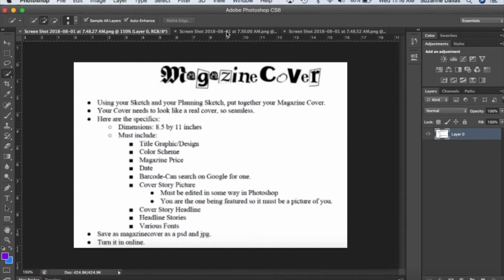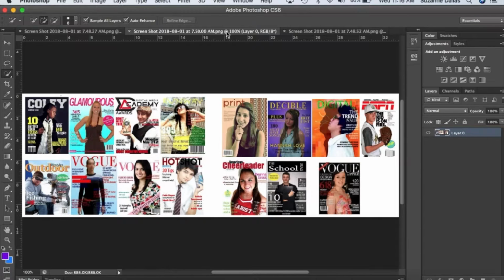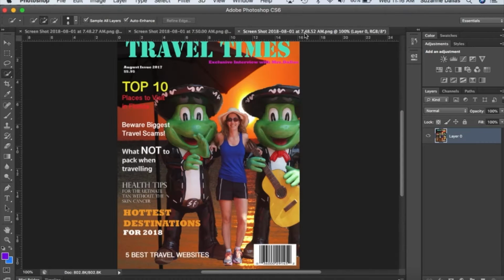So these are some examples from students you can use to get you started. This is one that I did last year. So again, I've got the title of the magazine, the date, the cost, the barcode. I've photoshopped myself out of a Cancun image and placed it on top of a background in Jamaica. I've got various